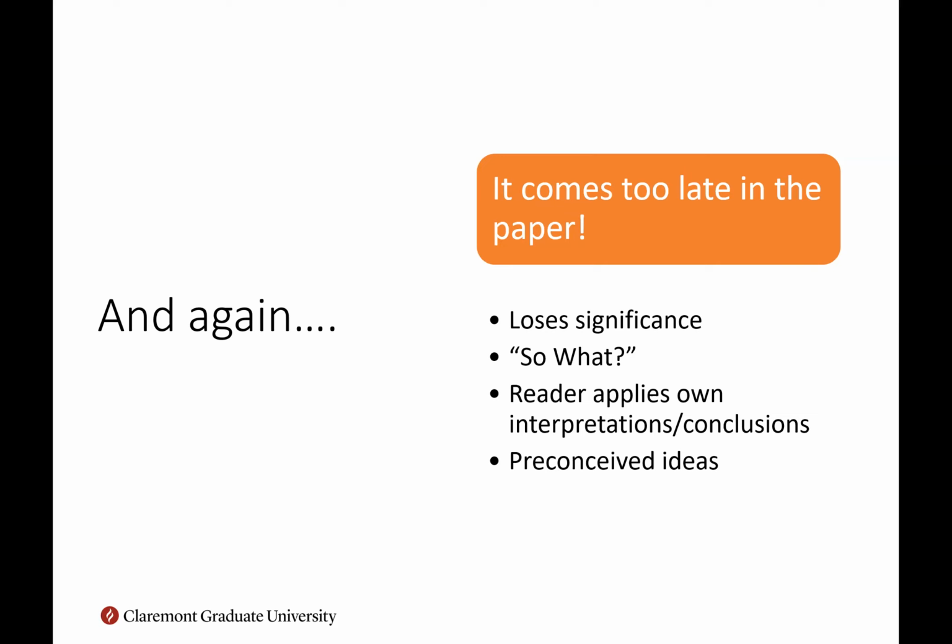So to that final point, you want to avoid preconceived ideas. You want to guide your reader through your paper. You don't want them coming to their own conclusions, which might not be the same as yours, and then you're just going to lose your audience. But if you tell them right from the start, this is my argument, then they're looking at all of your context, your information, your evidence in that proper context so that they know what larger point you're building to by presenting this information. And you're in control of how they're looking at that, rather than letting them get too far into their own ideas about it.